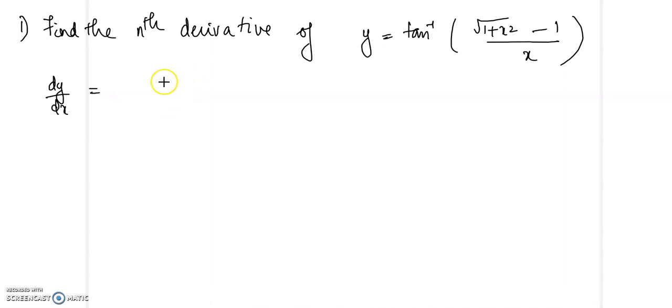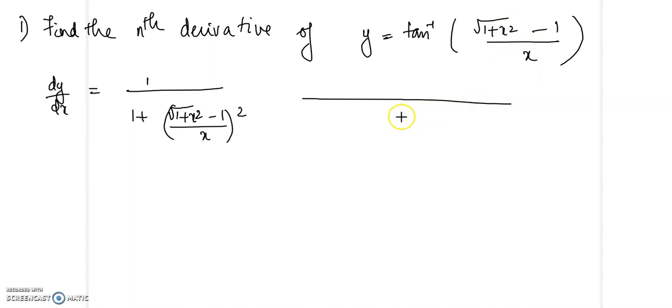So when you take the first derivative, the derivative of tan inverse of x is 1 by 1 plus x square. So by using the chain rule with that, you will get 1 by 1 plus (root of 1 plus x square minus 1 by x) whole square. Now by chain rule, take the derivative of this function. So use quotient rule for that. So you will get x into 1 by 2 root 1 plus x square into 2x minus (root of 1 plus x square minus 1)